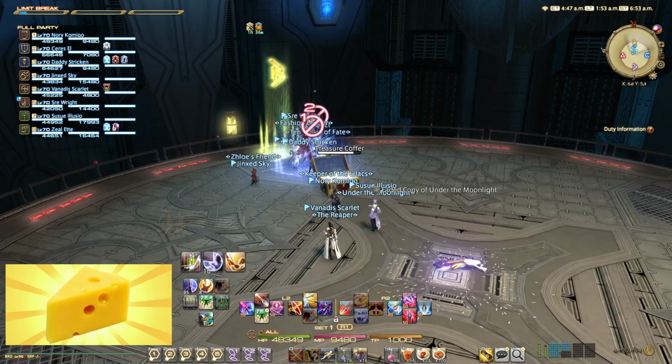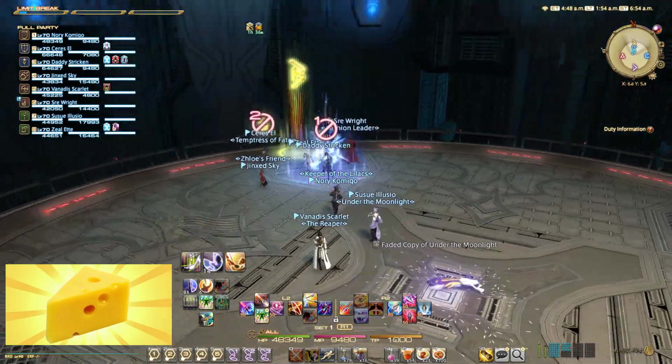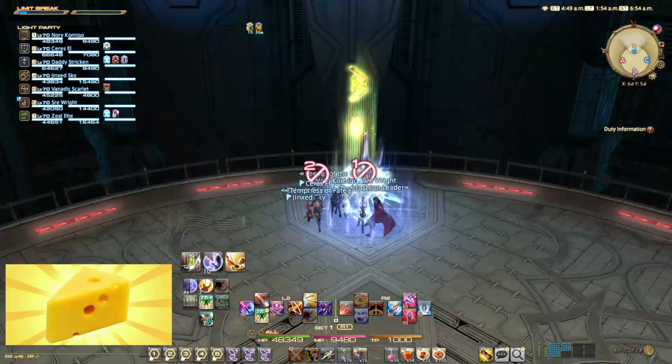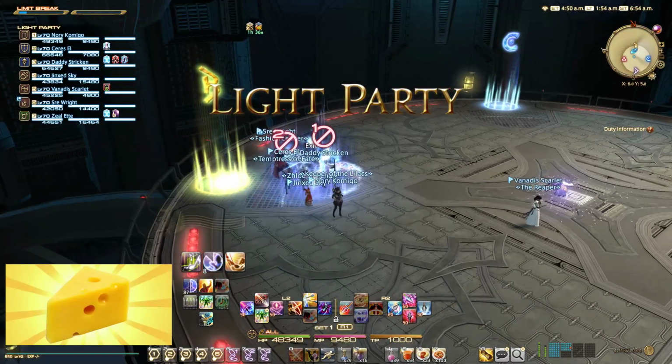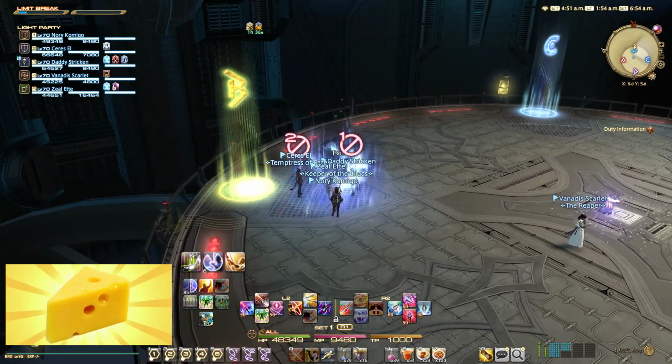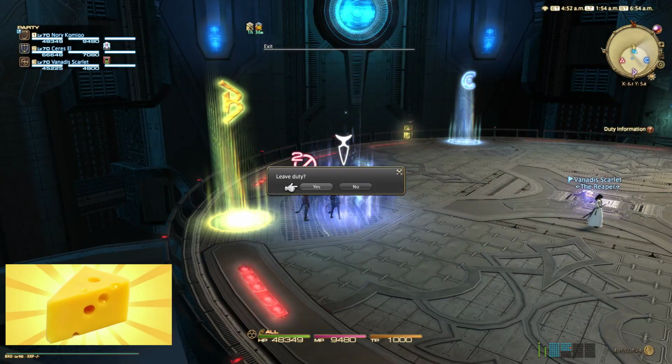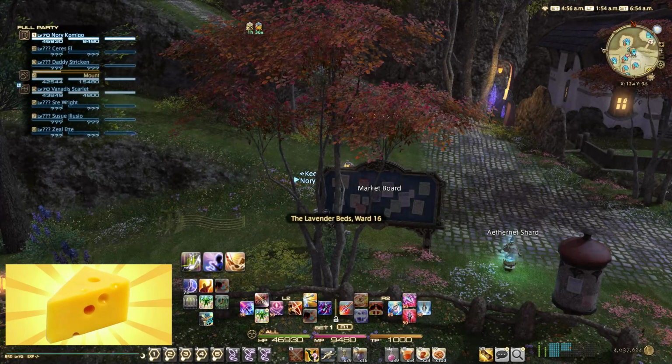How come Wood always gets the first Astro weapon? What? Oh, wait, did I get it? Yeah. Congrats. What the heck? I had a 16! No one rolled except for you. Congrats. See, the game's telling you something. You're supposed to main Astro. Ugh. I mean, it's better than my